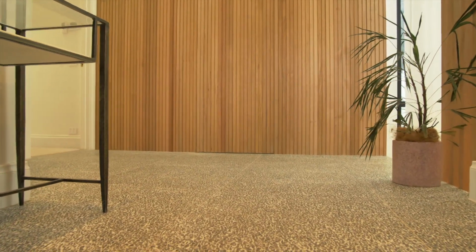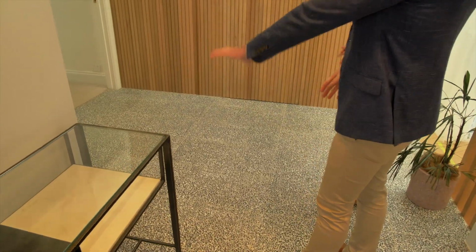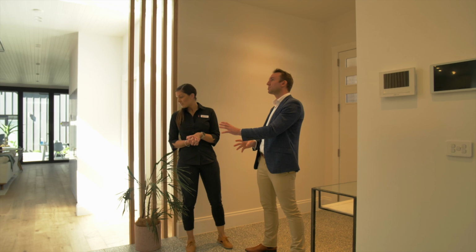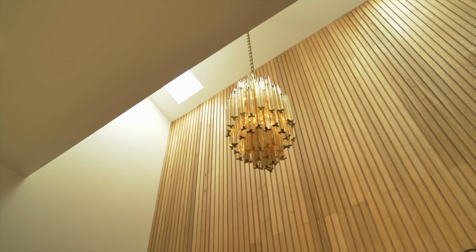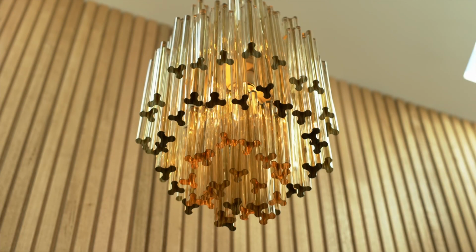It's a bold terrazzo, isn't it? I haven't seen just the black and white. I'm really digging the vibe. Yeah, so bold and perfect as an entrance tile as well. I think they've done really well contrasting the terrazzo against the vertical timber lines as well. Yeah, and with the little gold accents everywhere and the chandelier, it's just stunning, and it's definitely got a wow